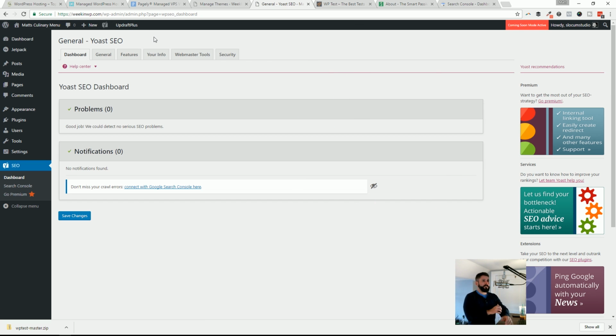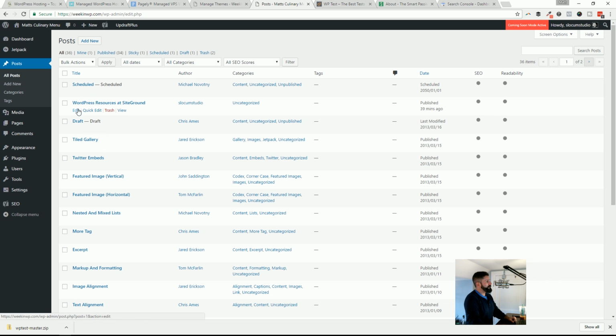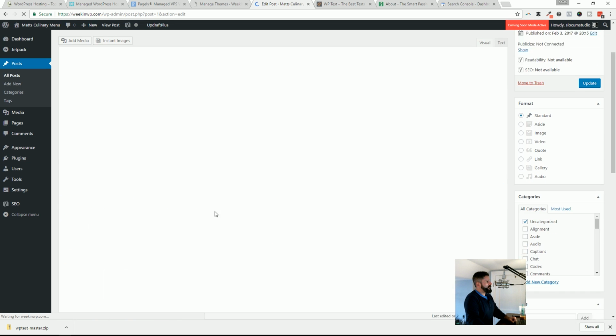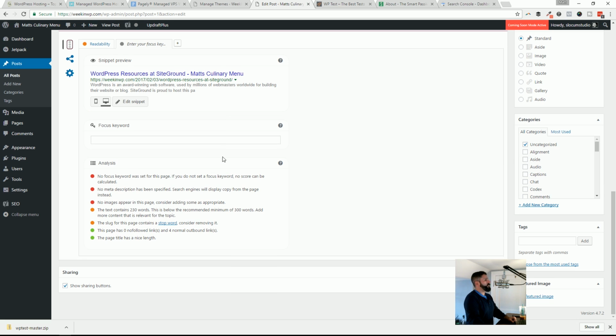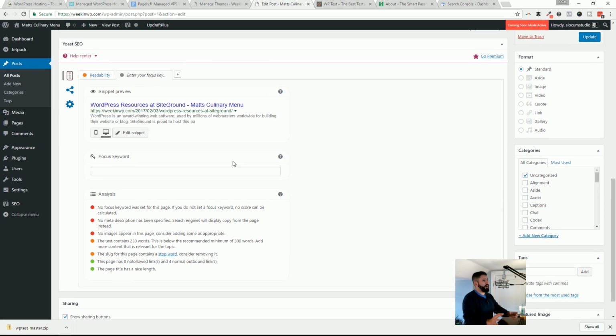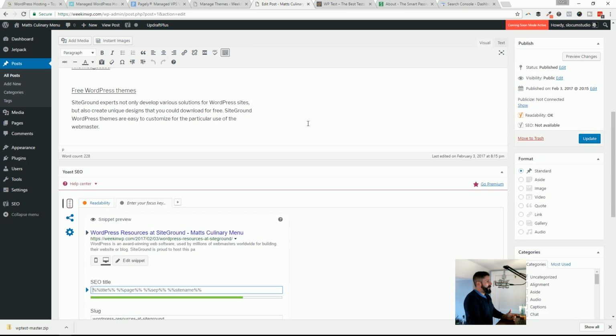But once we have Yoast SEO set up, along with the social media, Open Graph data stuff that I talked about and this Search Console stuff, the biggest benefit is going to be the SEO tools that are enabled on all of your posts and pages. So keywords, title tags, meta descriptions, all at the top of your website, that can all be controlled on a per post and per page basis by just coming in here, clicking on a post,